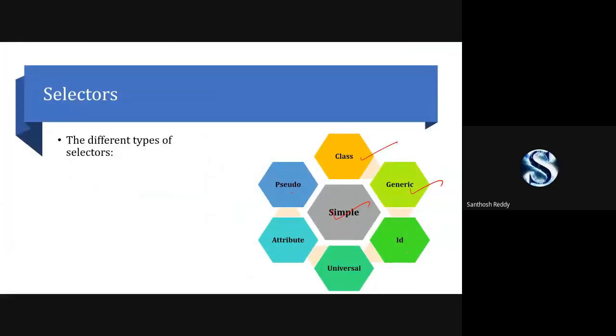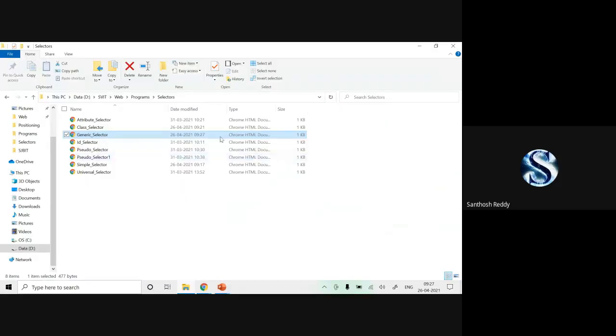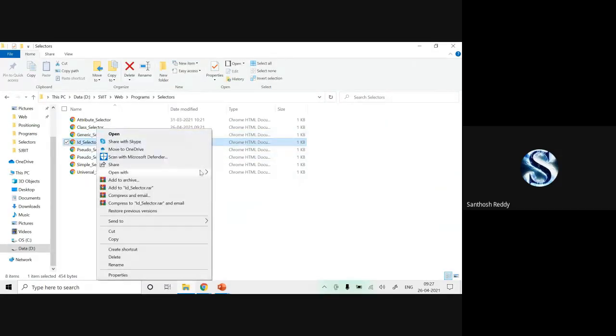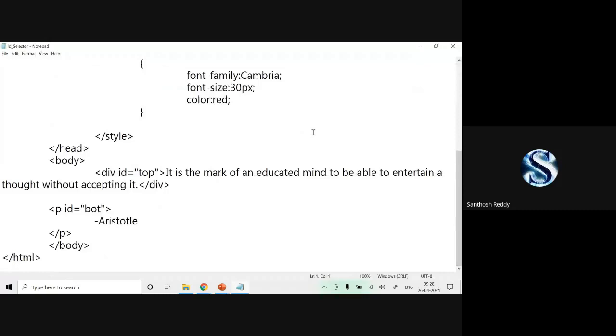Now moving to your ID selector. Can anyone say that? What do you mean by an ID selector?